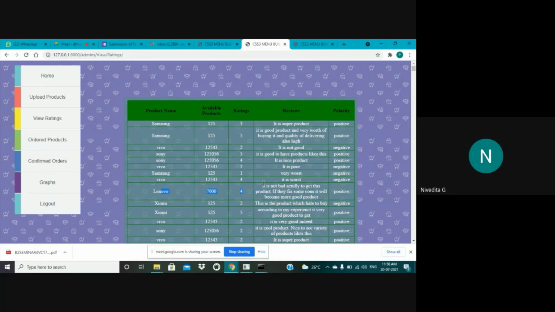So based on the calculations made in the backend with the help of sentiment analysis and a naive Bayes algorithm, we are able to determine whether the product is good or bad for the particular user. Admin can understand about the product and make further decisions through this page. It really helps the admin in understanding the product's market value and the opinions of various users in a common way. This is about the project and how it works. It's a simple user interface which uses a simple naive Bayes algorithm to perform the recommendation system for the user.